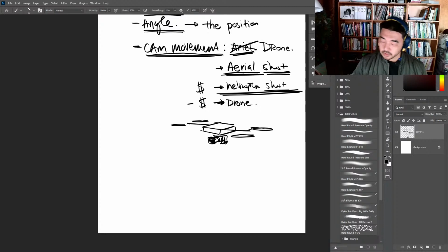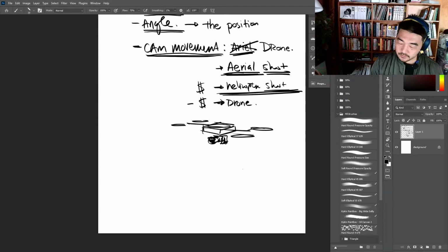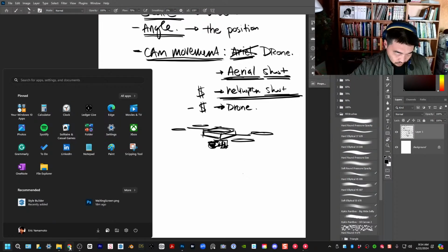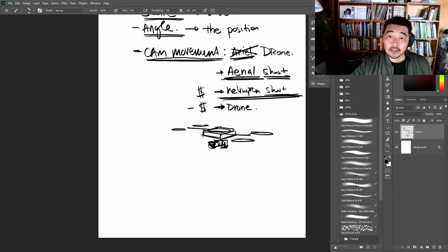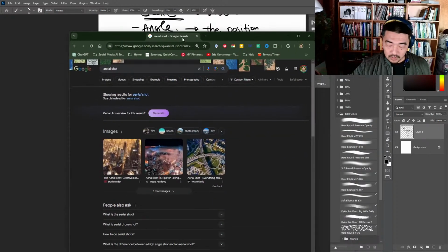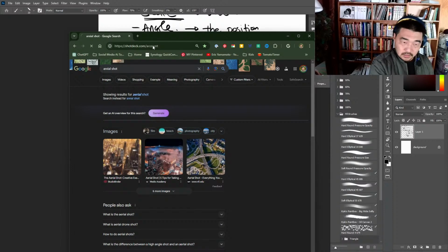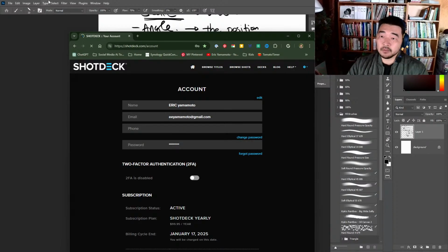Let's do this. A drone shot is basically an aerial shot. So let's take a look at some drone shots. I'm going to go into my shot deck. I do think that people should use Shot Deck because it's so great.